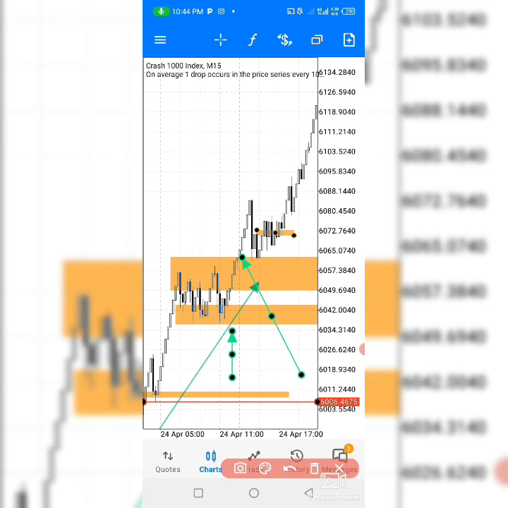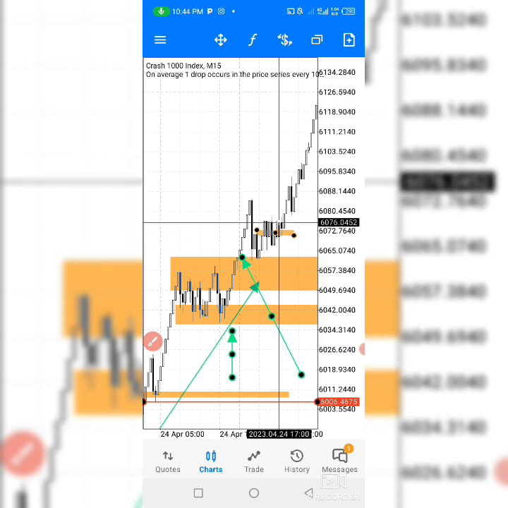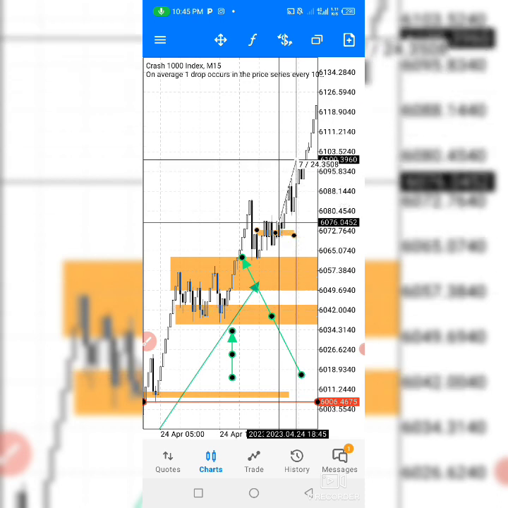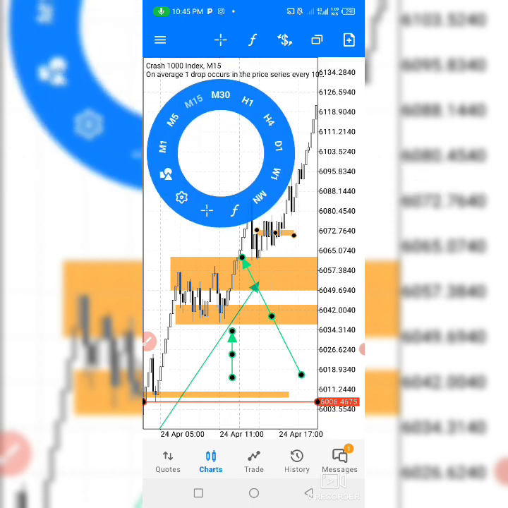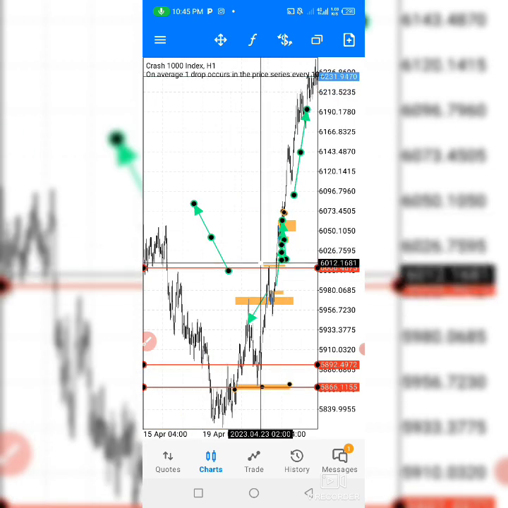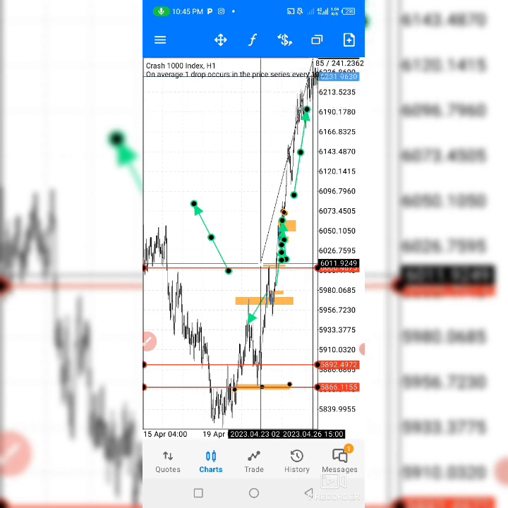We see price go up, calm down, go up, calm down, and then break. So you'll be entering here, at this break of structure when it comes to close above, and then placing your stop loss somewhere. You see your risk reduces to 33 pips. So you are risking 33 pips, and you are targeting infinite. You can go to a higher time frame and see where you are targeting. At the higher time frame H1, you notice you'll be targeting something big, like towards the end of the screen.